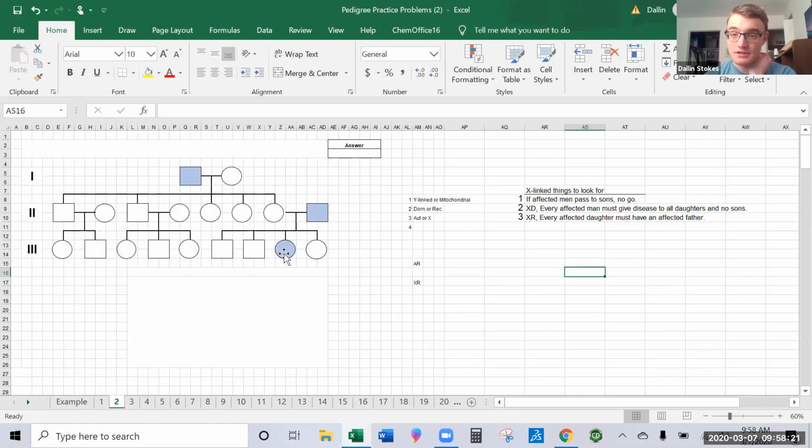We only have one affected daughter here, and she has an affected father. Does that make sense? So in this case, it kind of botched my rule of thumb, but it met all of the rules that it needed to, because we weren't considering it for X dominant. So I guess it doesn't need to meet all 3 rules. It just has to meet 2 of them, as long as number 1 is included in one